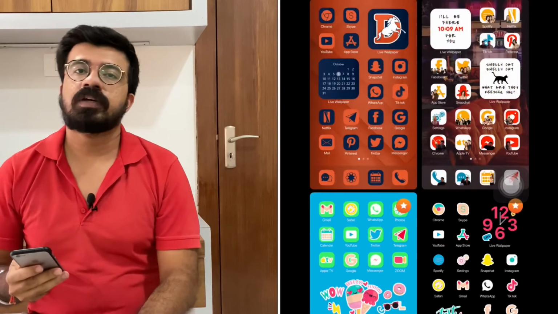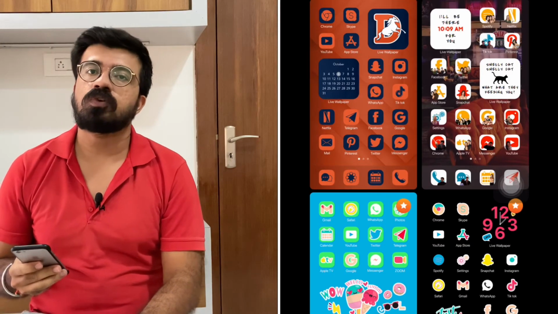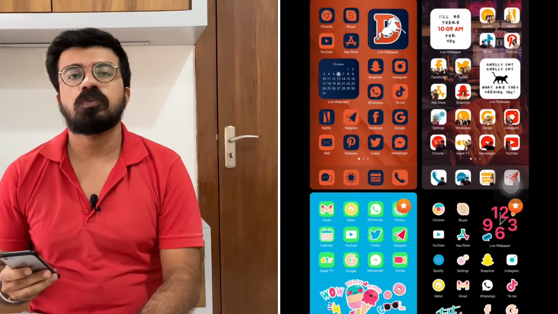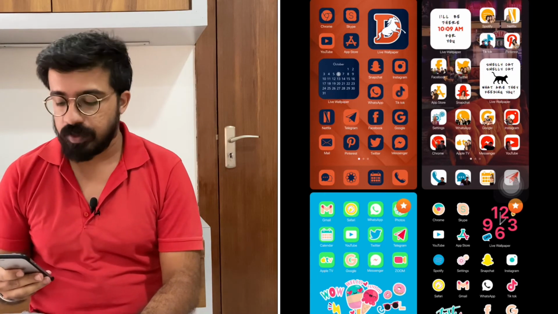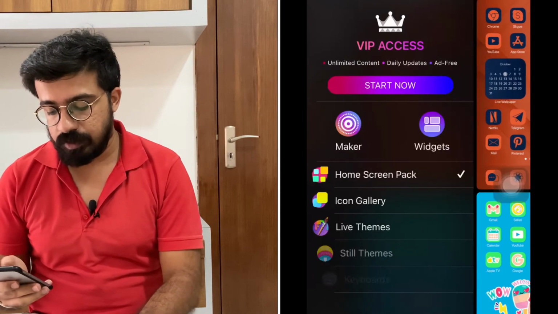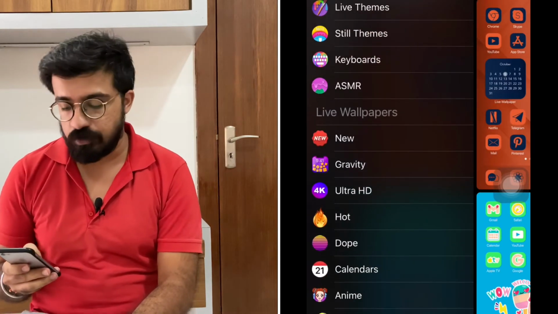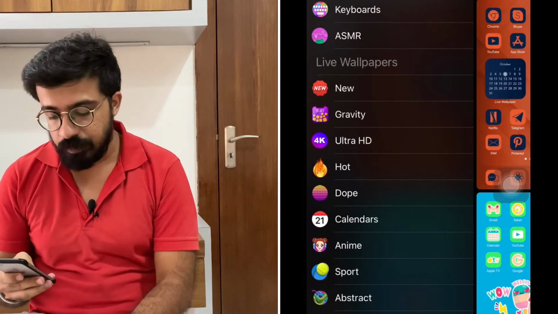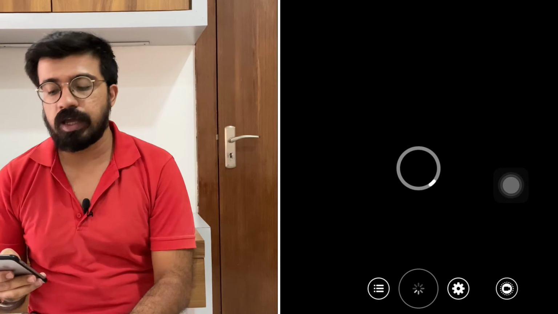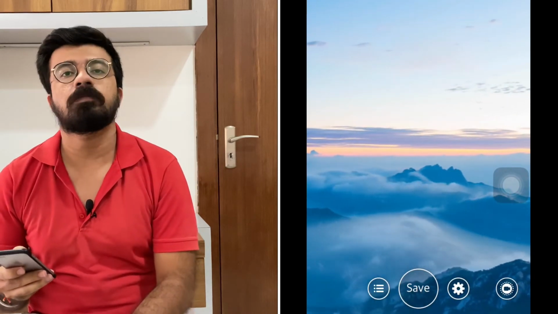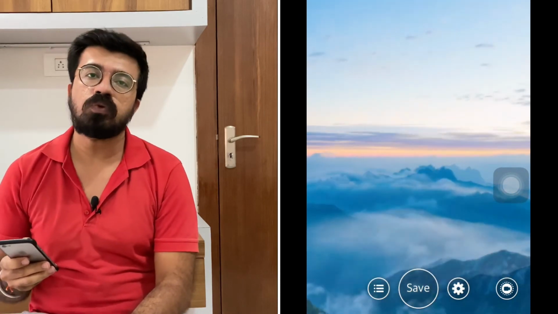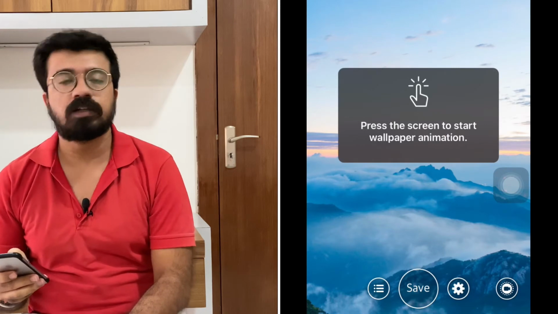You can also mix and match various aspects to give a unique look to your home screen. Say you like the icon pack but you don't like the wallpaper or the widgets, then you can simply download the icon pack from this theme and select the wallpaper separately from a different pack. As you can see, there are many wallpapers also. You can select tons of live wallpapers. There is also a huge category where you can select any wallpaper which you like. Also, this app updates almost daily with new wallpapers and new customizable options, so you can check this app regularly for new and fresh wallpapers and other aspects.